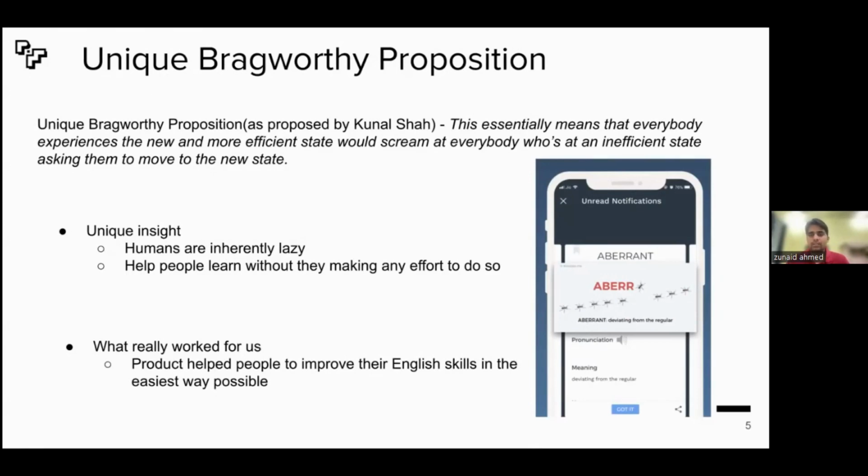So they were not only effective in terms of what the product was promising to be, but they were unique and something brag-worthy, something a user would want to share. A user would not want to share anything which is business as usual. They would want something which is unique, which is really interesting. And this